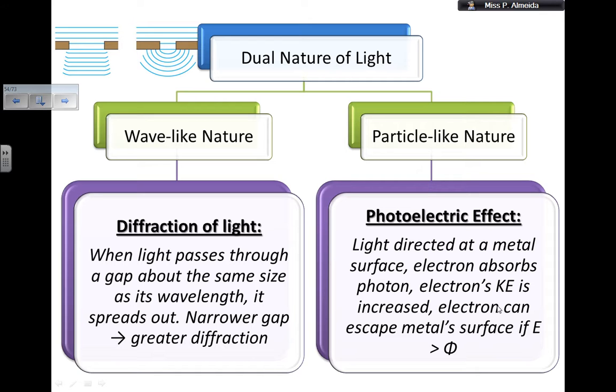So you already know that when you have any wave passing through a gap, if the gap is smaller or about the same size as the wavelength of that wave, then the waves are going to diffract, they are going to curve as they pass through the gap, okay? The bigger the wavelength, the bigger the diffraction. So here I have a longer wavelength than in here, and that's why here the diffraction is very small, but